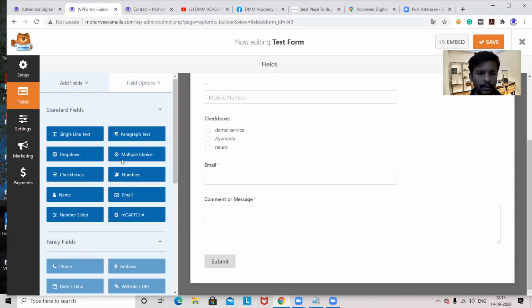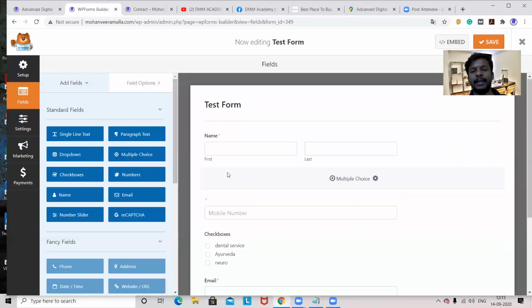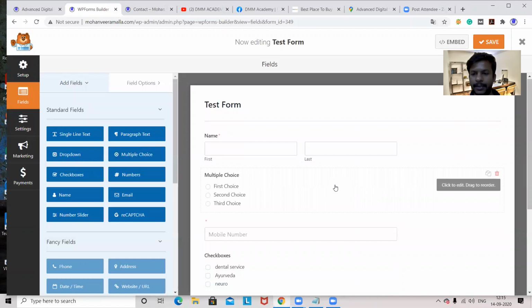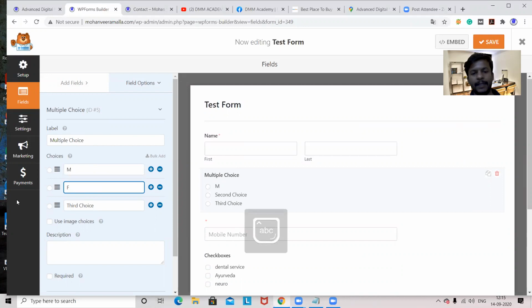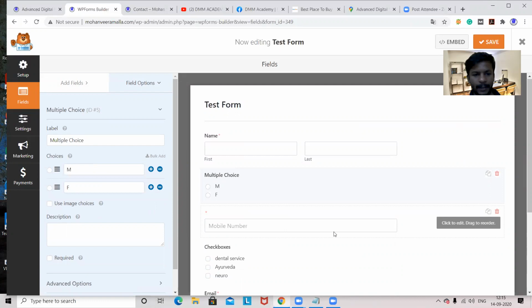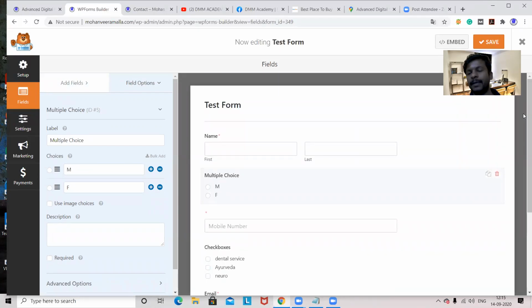If I want to take gender, then most of the time only one can be selected. So I can use this multiple choice option. Here I'll go with M, second one I'll go with F. That means male, female, whatever they want they can choose. I'm removing this third option. So this is the form which I created. Now we'll save this form.